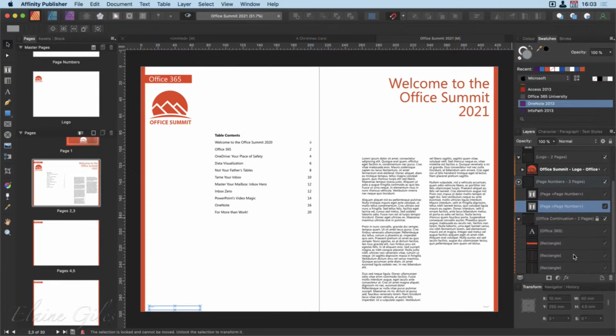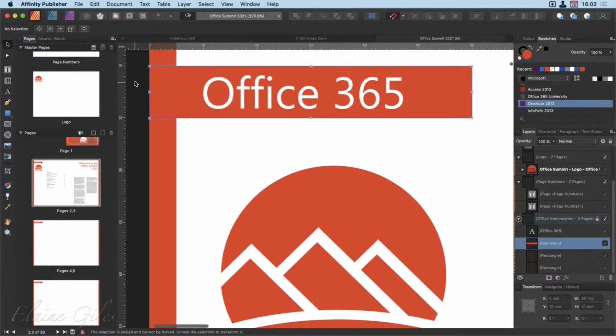Open this one, and it's got all sorts in it. It's got left things and right things and the little banner across the top, and it's got the Office 365 on it. But look, as you're looking at this, you can't edit it, because it's got these crosses on it to indicate to you, oh, this is from a master, leave it alone. There are ways to do that, but we're going to look at that shortly. At the moment, just be aware that the master content is locked, which is a good thing, so you're not